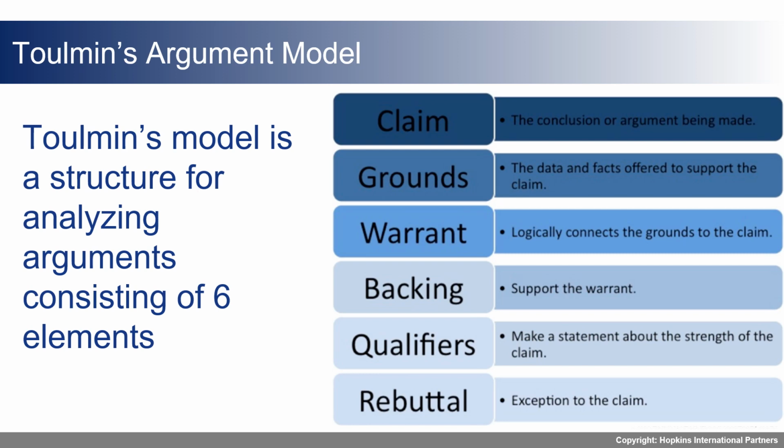The claim is a statement of opinion that the author is asking her or his audience to accept as true. The grounds are the facts, data, or reasoning upon which the claim is based. Essentially, the grounds are the facts making the case for the claim. The warrant is what links the grounds to the claim. This is what makes the audience understand how the grounds are connected to supporting the claim. The backing gives additional support for the claim by addressing different questions related to your claim. The qualifier is essentially the limits to the claim or an understanding that the claim is not true in all situations. The rebuttal is when the author addresses the opposing views.